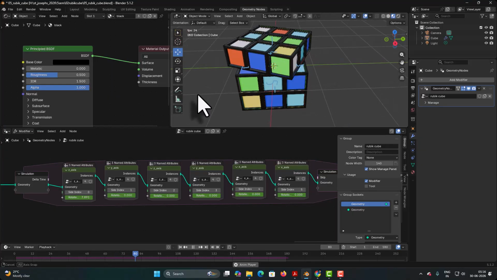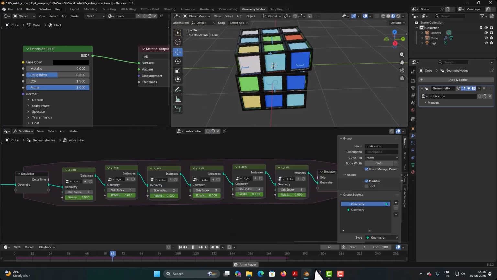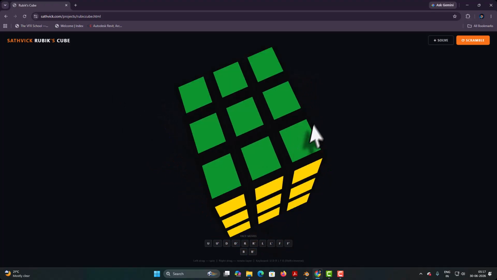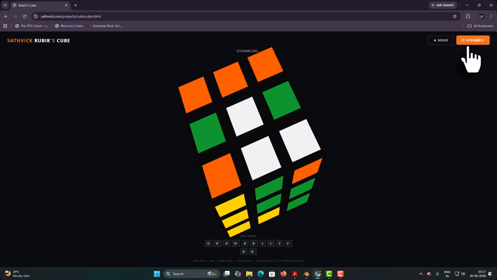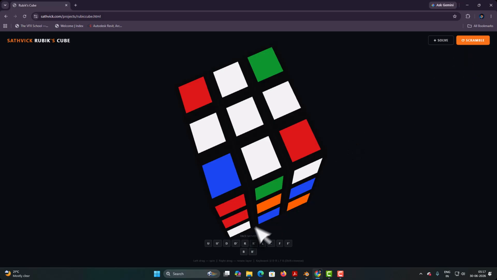The same concept is used and we have developed a web application. I have shared this link to you. This runs in your browser. There are two buttons, solve and scramble. So if I click scramble, see, automatically it is going to rotate, and then to solve it, you have